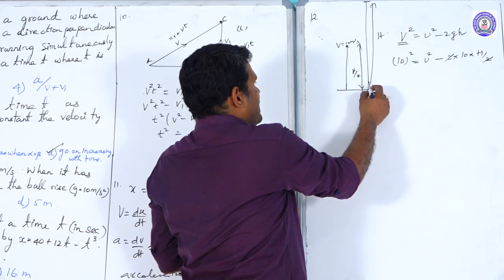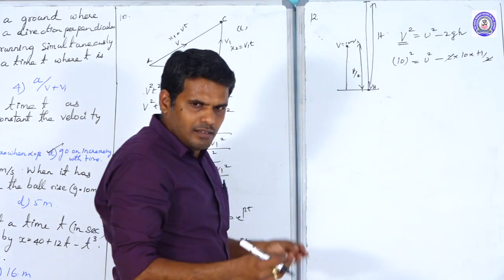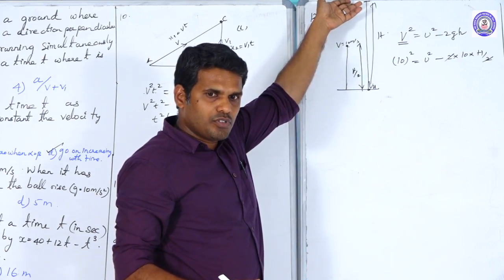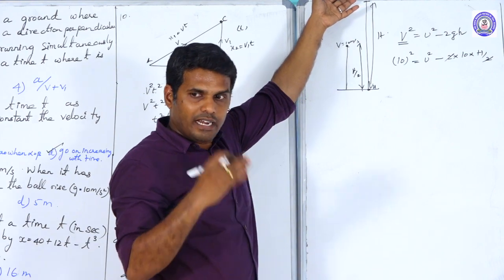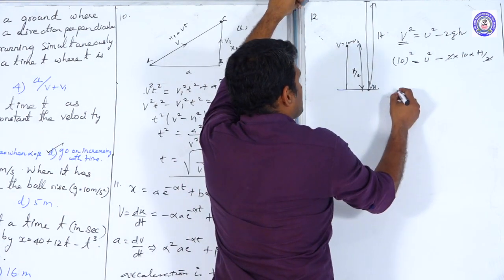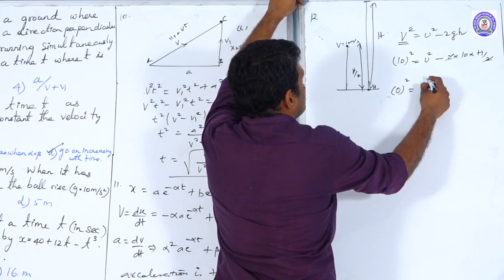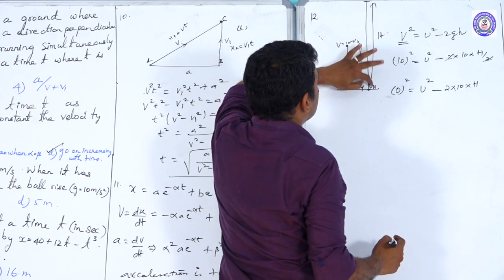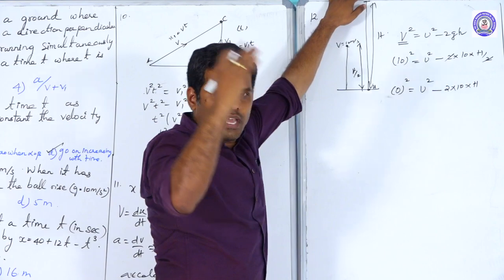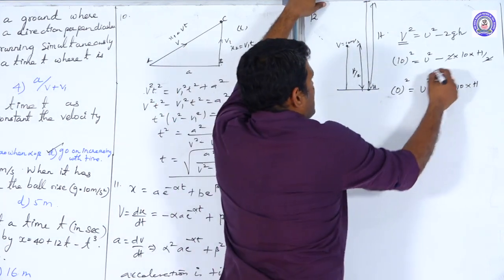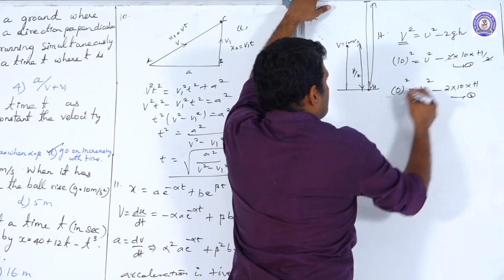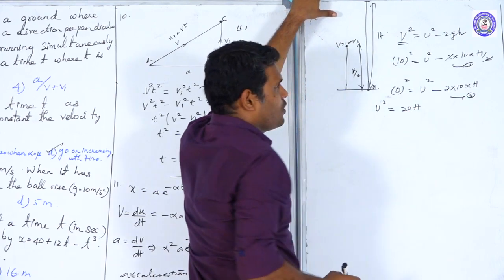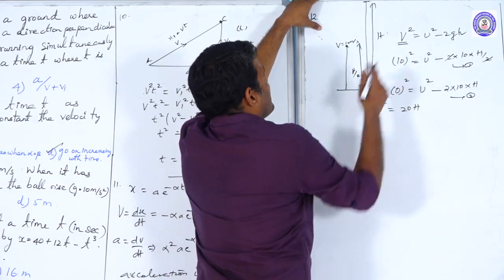You will get this expression. Now, if the ball is once again thrown at the same initial velocity u, and it reaches the maximum height, what is the velocity possessed by the ball at its maximum height? 0. Final velocity is 0. So, from the same expression, I can write 0 square is equal to u square minus 2 into 10 into capital H, because it travels a height H and reaches the maximum where its velocity becomes 0. Let us say this is 1 and this one is 2. From this expression, u square is equal to 20h. Substitute this u square in expression 1.